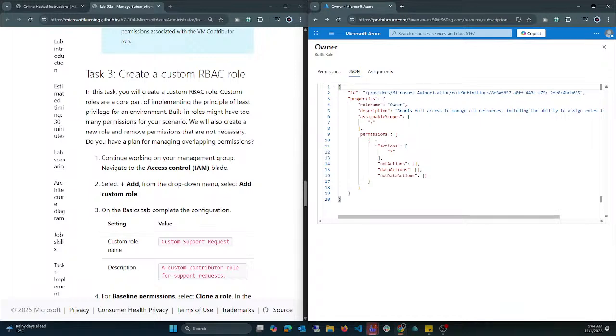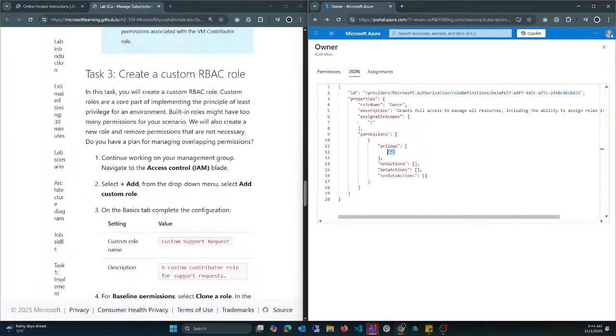Now you can see the actions here. Nothing is mentioned, except you can see an asterisk. That means this role has got a wildcard,